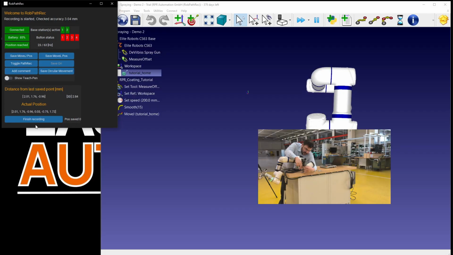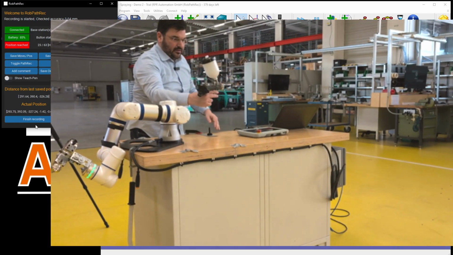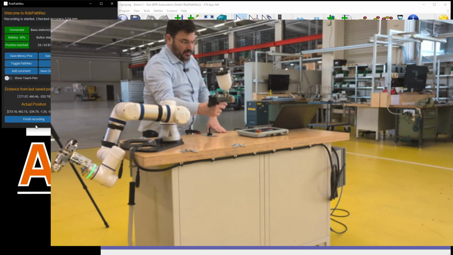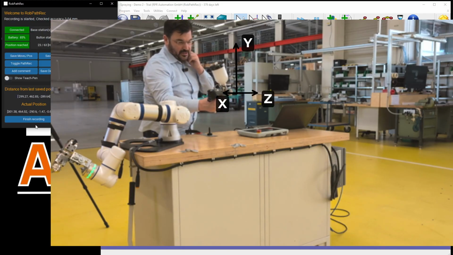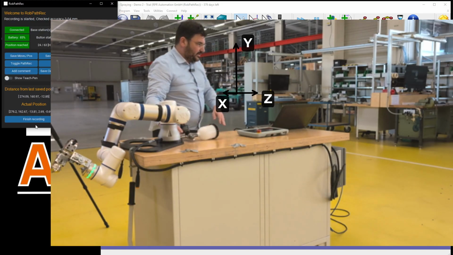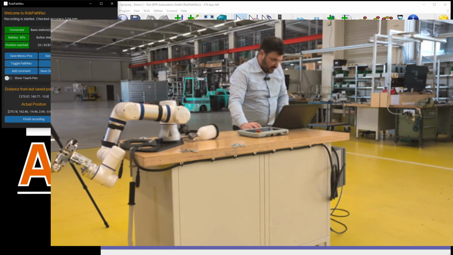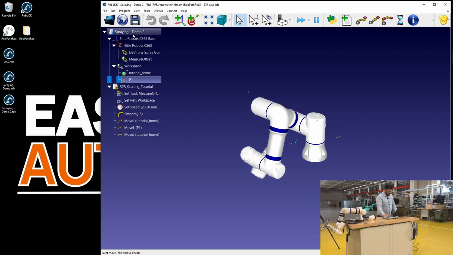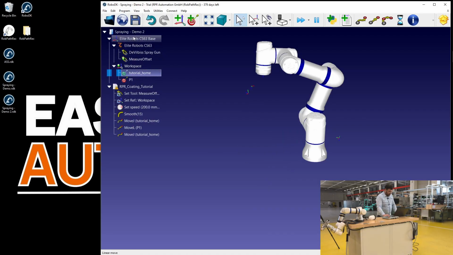And I just record one single point. So if I raise it, this is exactly the way how I want to have this tool in my hand. And this is exactly the orientation which I want to use for this TCP during the processing, okay? So I recorded this one point, finish recording. You can select this one point. If you don't do this, it doesn't matter. You can select anything else, we will ask it.